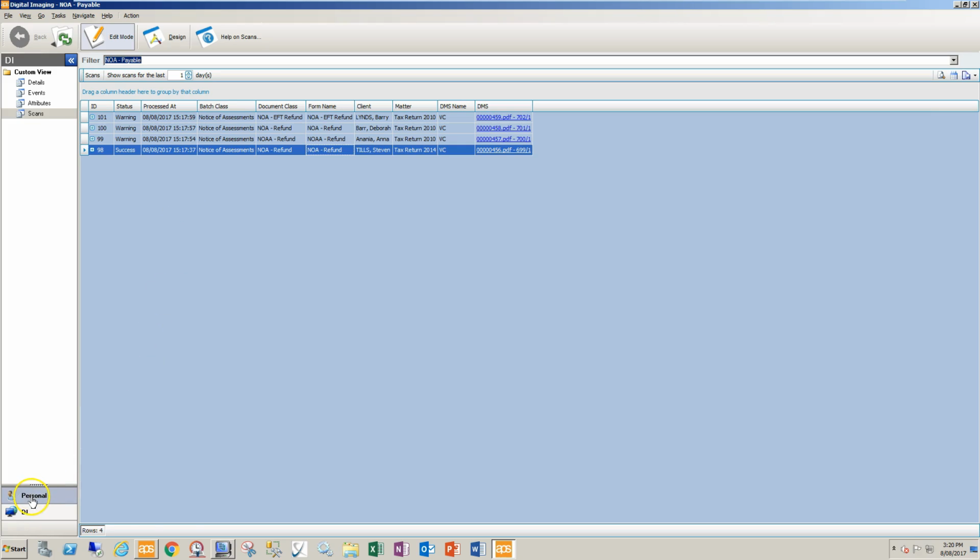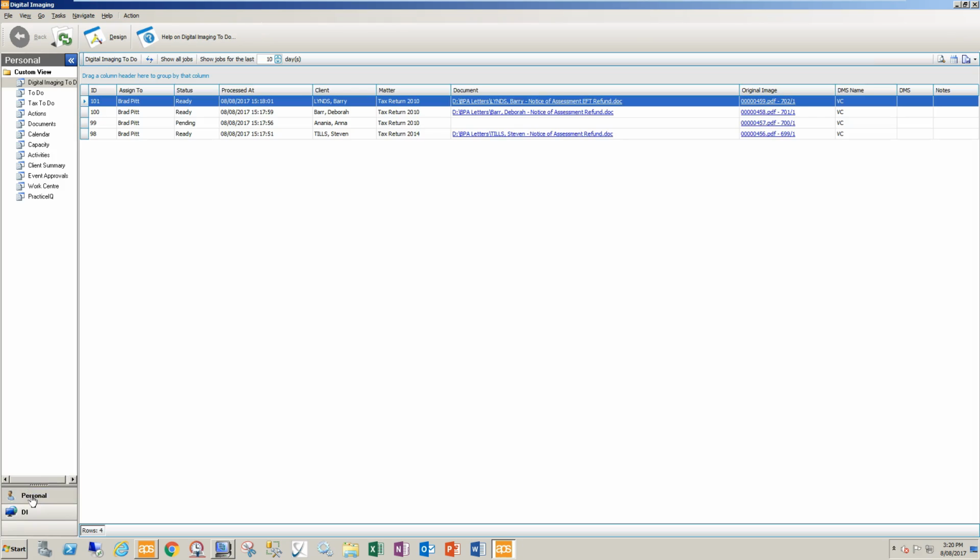The other thing we might want to do is we might be in charge of BPA and producing any letters. So if we click on our Personal tab and the Digital Imaging To Do tab, you can see that there are a bunch of letters available. BPA has generated these letters for us. Here is a copy of the scanned